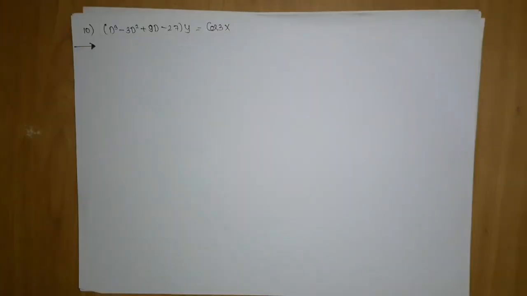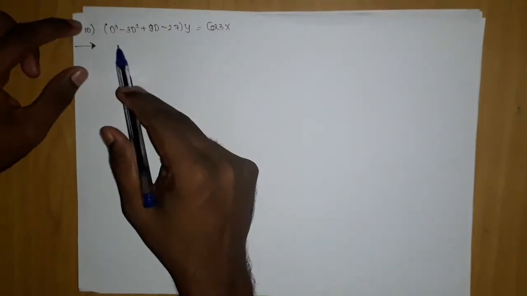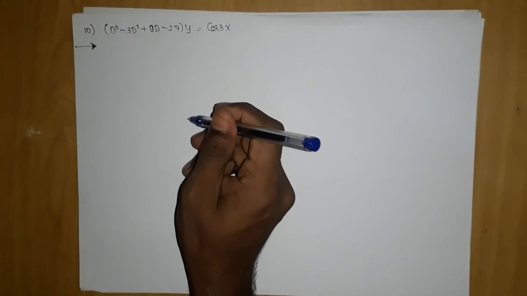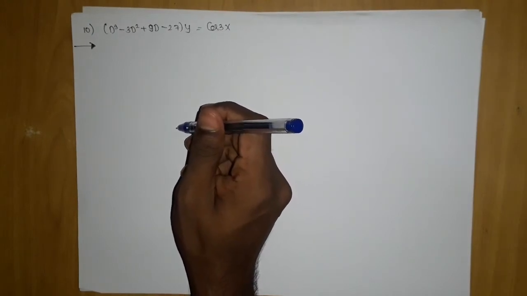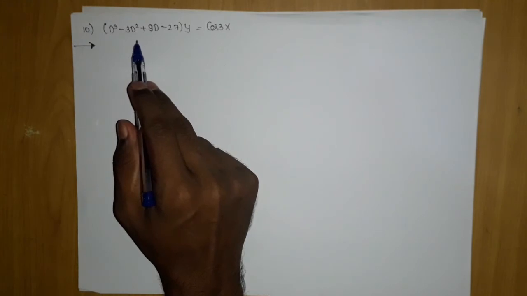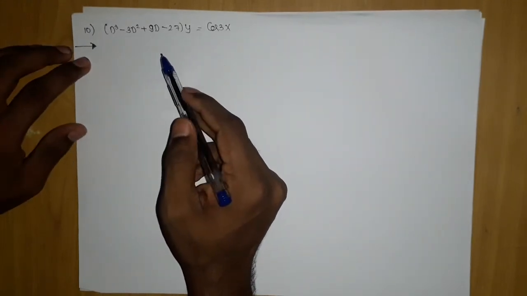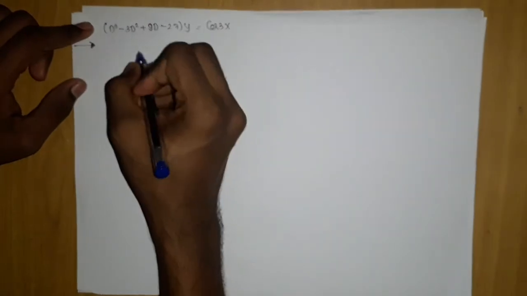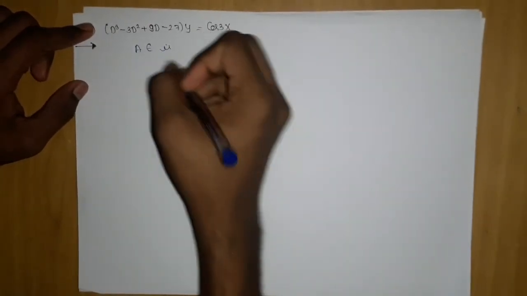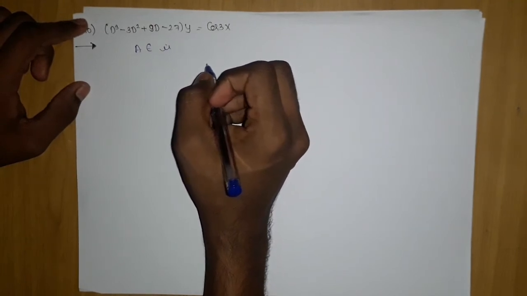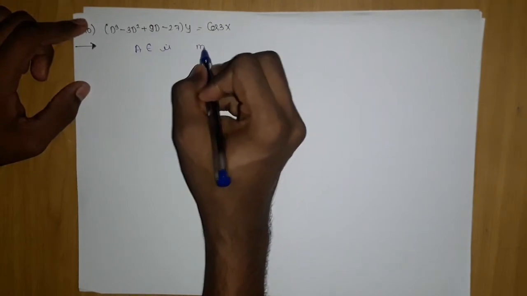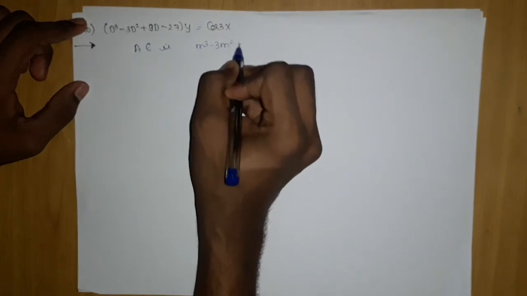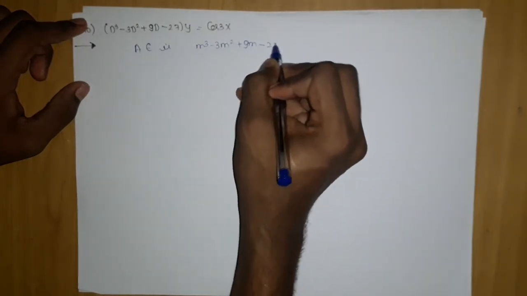The next question which we are going to take is d cube minus 3d square plus 9d minus 27. How we are going to proceed is very similar. We are going to find the auxiliary equation first, and then focus on getting the particular integral. The auxiliary equation: in f of d, replace all the d by m. So m cube minus 3m square plus 9m minus 27 equal to 0.